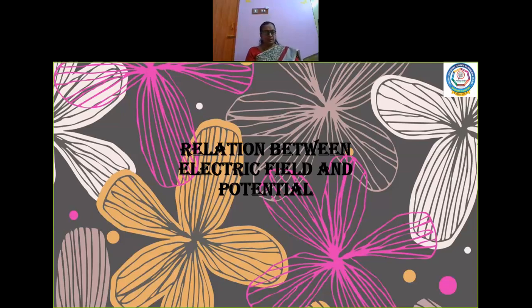The equation we arrived at yesterday was V is equal to p cos theta by 4 pi epsilon naught r square. And we discussed three special cases where we were considering the point P to be along the axial line, and also a point which is perpendicular to the midpoint of the dipole. So we discussed all the three special cases. Hope you went through the concepts very clearly, children.